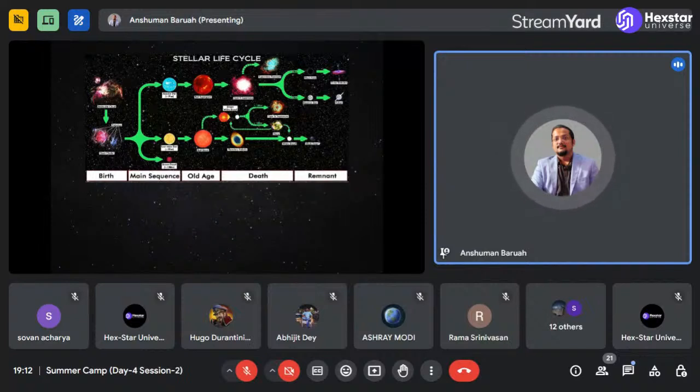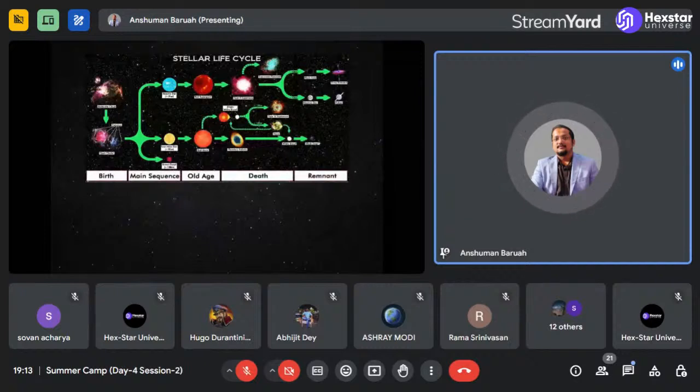Now, how does this differentiation happen? Which type of supernova explosion leads to a neutron star? Which type of supernova explosion leads to a black hole? There are different crucial details, which I won't go into now, considering the time constraints. But if any questions arise after the talk, I'll be more than happy to answer how specific stars or specific supernova explosions lead to the formation of neutron stars and black holes. Now, the most useful point to note here is that the most massive of stars explode to form supernovae that ultimately collapse to form what we call black holes.